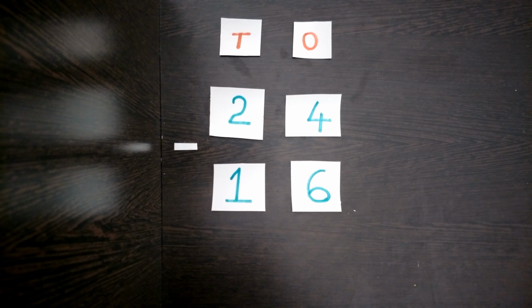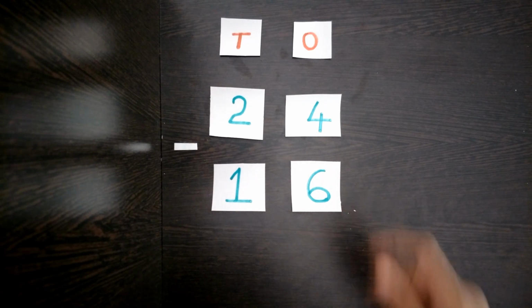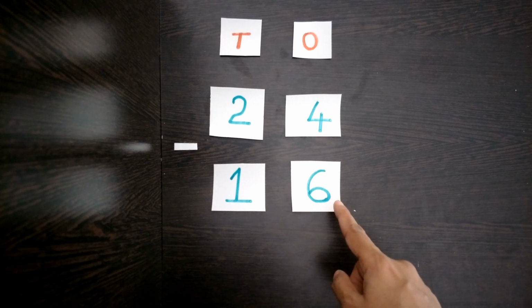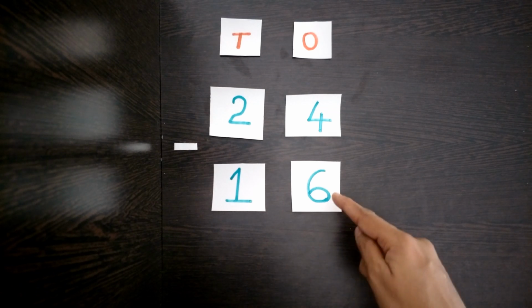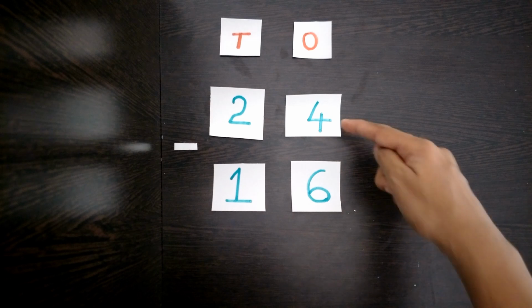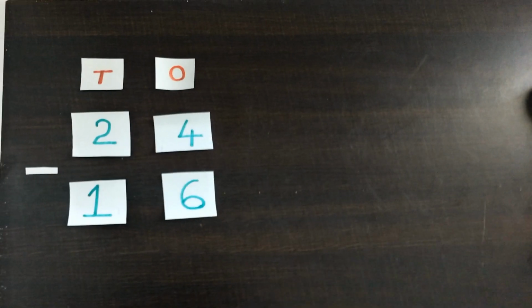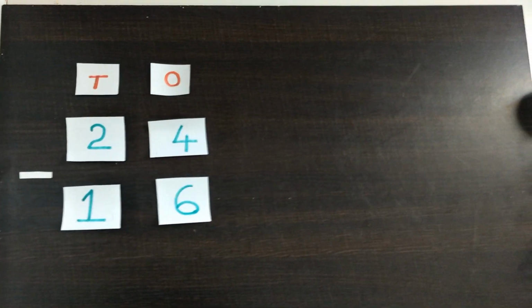Did you observe, children? 4 and 6 are in ones place. Now tell me here, which is the bigger number, 4 or 6? Correct. 6 is the bigger number and it is at the bottom. The smaller number 4 is on the top. Now before we solve, before we subtract, first let's expand the number, okay? Okay children, now first let's expand the number.